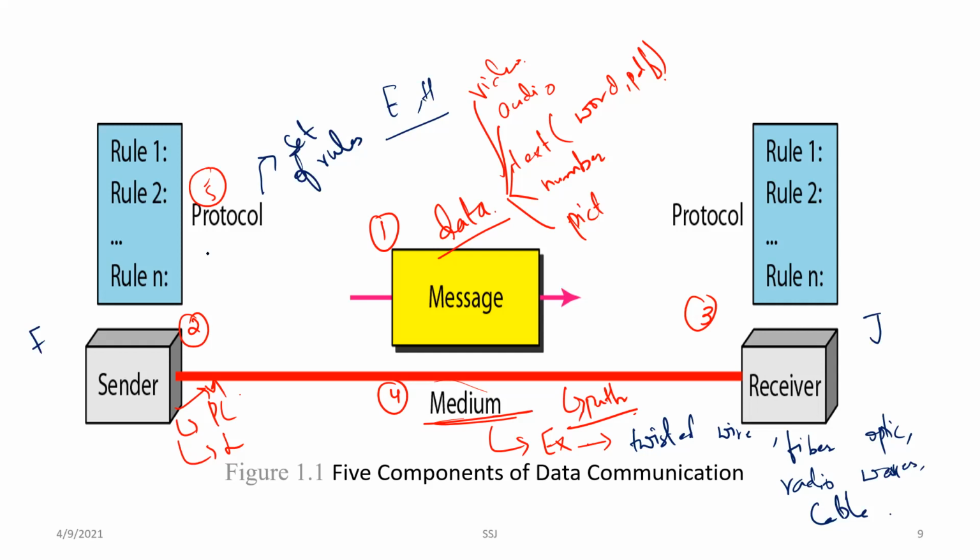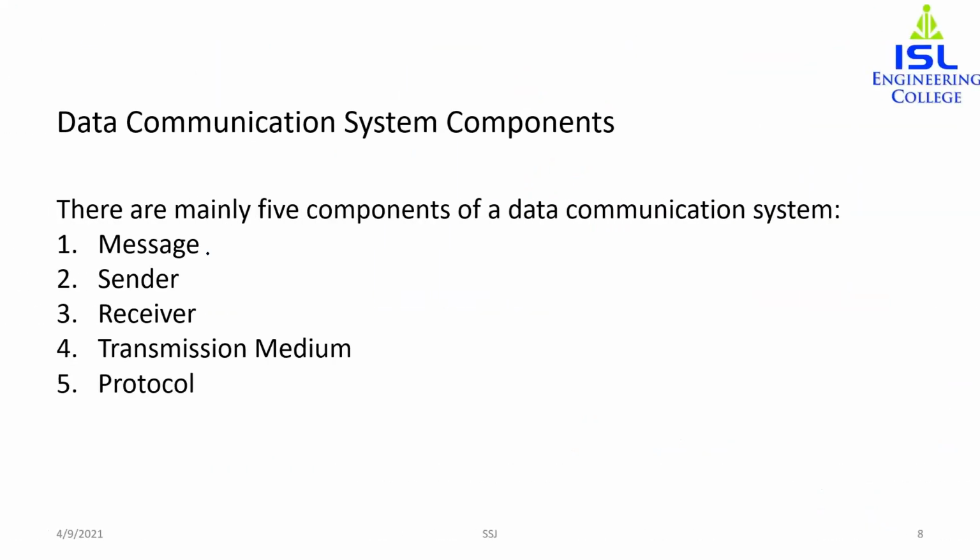So these are the 5 components of data communication. We'll just see it over here. The first one is the message which is being sent, that is, simply data. And then we have the sender and the receiver, which is basically a communication device. It can be a computer, laptop, etc. Then we have the transmission medium, that is a physical path. Simply put, it is a path, and it can be a wire, cable, fiber optics, or even radio waves. Then we have the protocols. Protocol is basically a set of rules that are used for data communication.